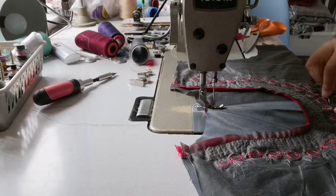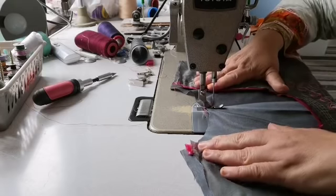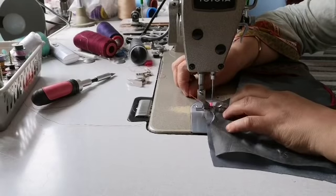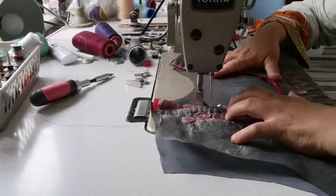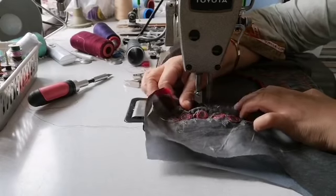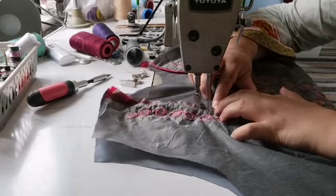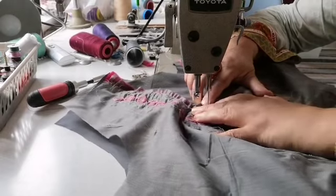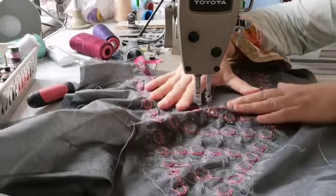I'm just gonna randomly put a pin in so it doesn't move out of place, and then take that along, and I'll be stitching on the existing seam. That sort of gives us a guideline, because we've already got two basic guidelines here. One, we will only stitch right close to the edge with the zip foot, and secondly, with the existing seam also being there, we already know that we're following